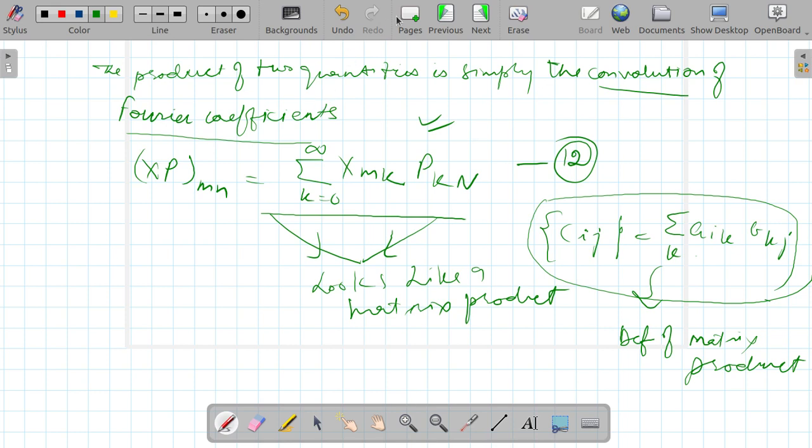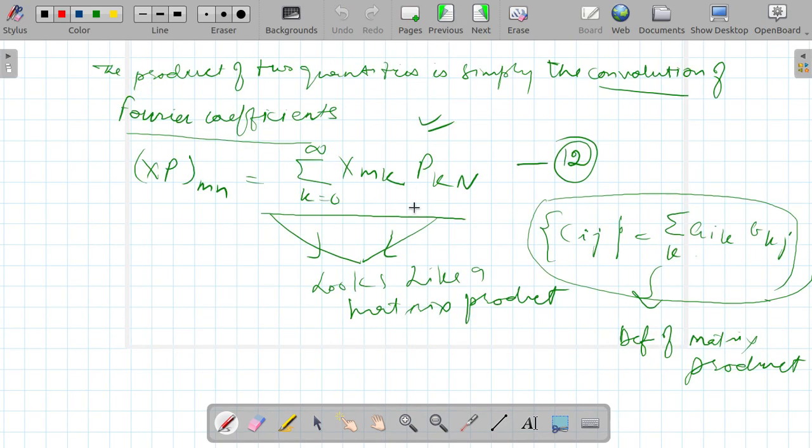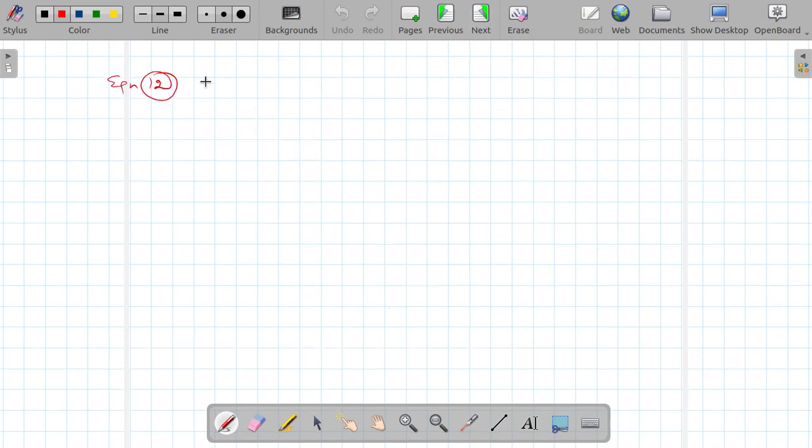So later on, Born pointed it out. Born pointed out that equation number 12 looks like a matrix product, and this thing was pointed out by Born,